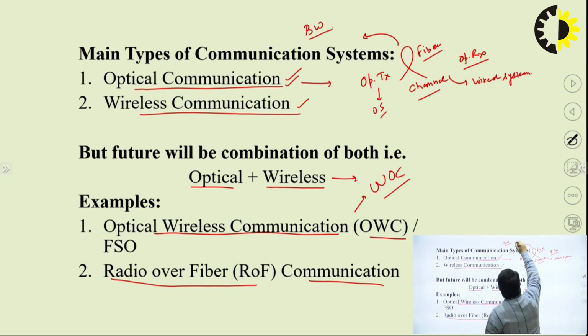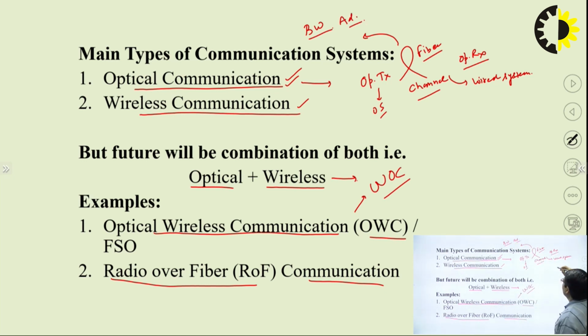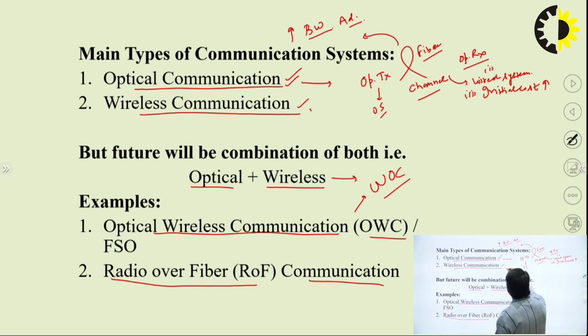The main advantage is bandwidth, high value of bandwidth, and the limitation is basically it is a wired system. Second limitation is initial cost is high. High initial cost. Now if we compare it with the wireless communication system,